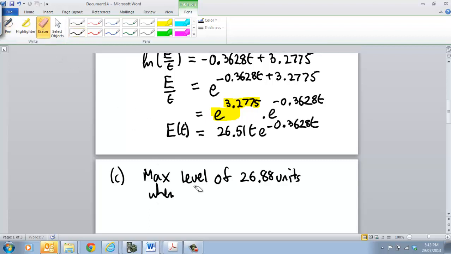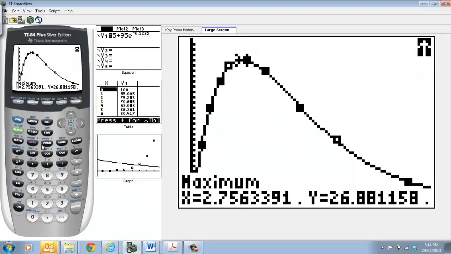Because it is time. So time is equal to 2.76 hours. Now you can also work that out to the nearest minute by simply going to your calculator